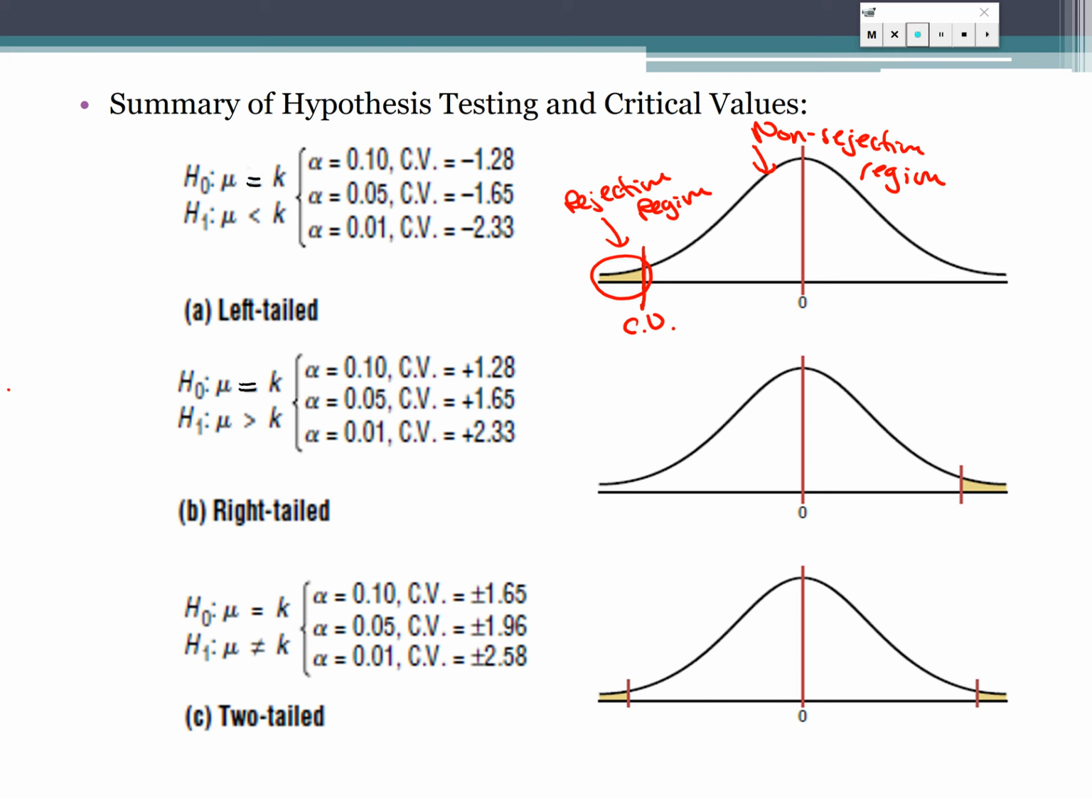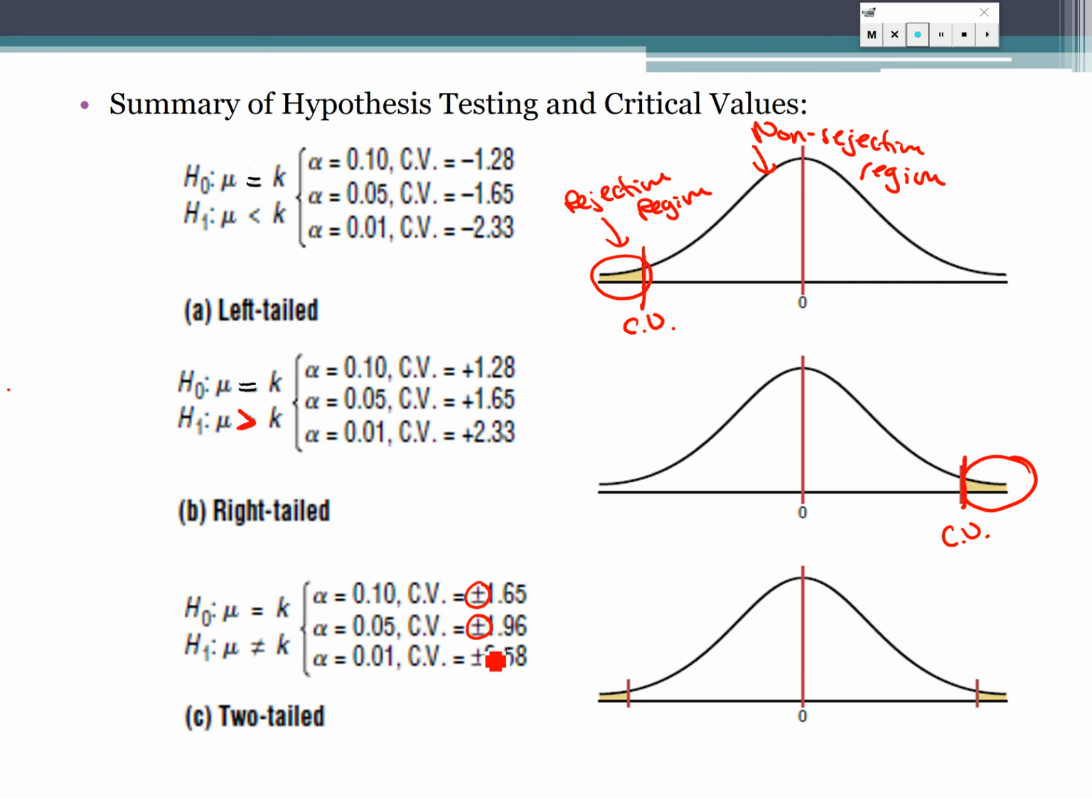Below that, you see a right-tailed test. Inequality symbol points to the right. The right tail is shaded in. Critical value is off to the right. So the right tail, left tail, it's referring to where we're going to find those critical values and critical rejection regions on our distribution. For the two-tail,